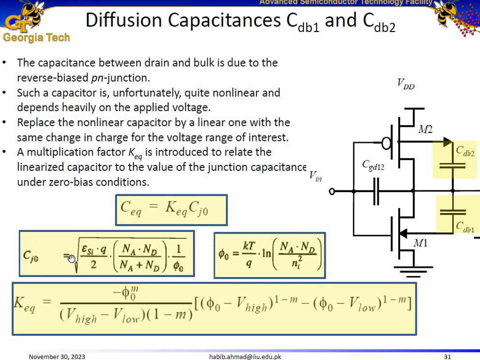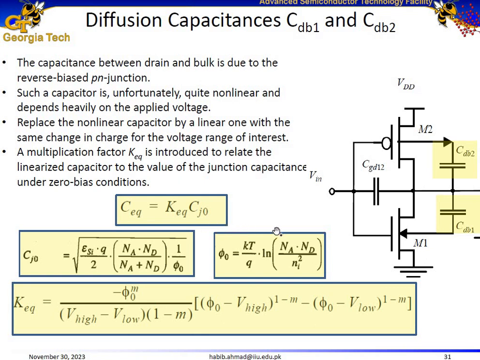Now, if the voltage is 0, it's really simple and straightforward. We can easily calculate the junction capacitance, and here the built-in potential can be calculated using this formula. But generally, we have input and output signals in these circuits. So we have voltages, and whenever a voltage is involved, this diffusion capacitance is actually a nonlinear function